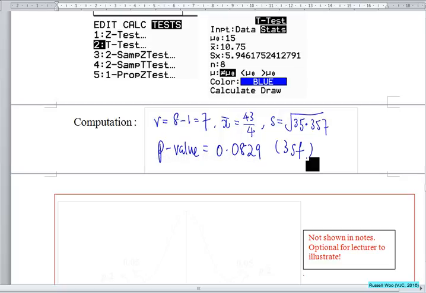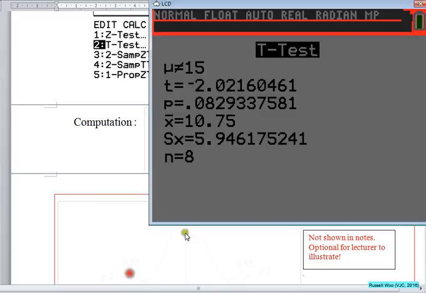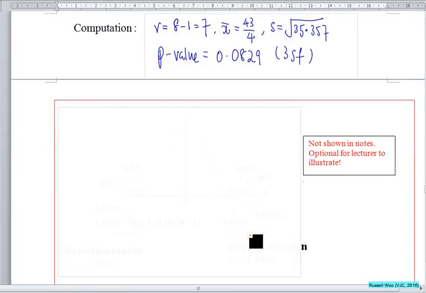Any questions? All okay? This is quite standard. Actually, you just use your GC to get it. But maybe I would like to explain what is this negative 2.02160461 from the GC. I think most of us can get it already. In your Z test, you also have that Z equal. Just that in T, you have T equal. So I'm going to very briefly